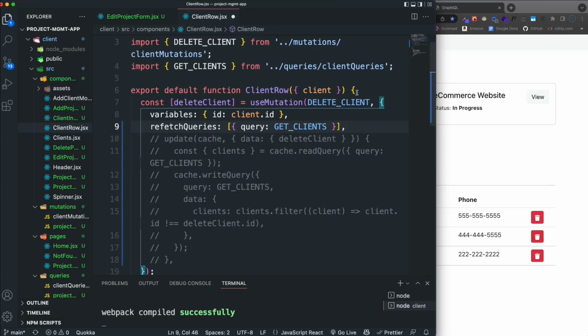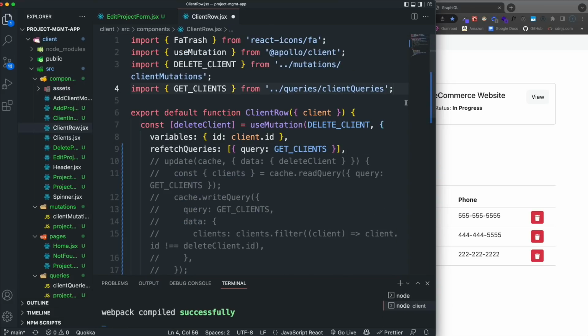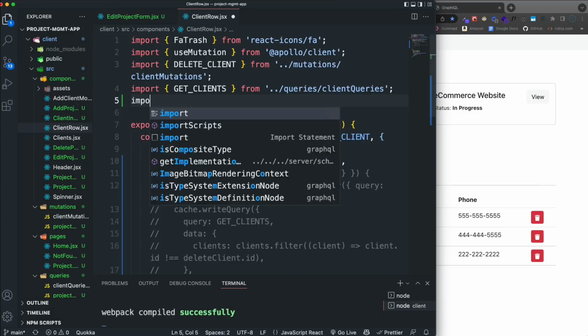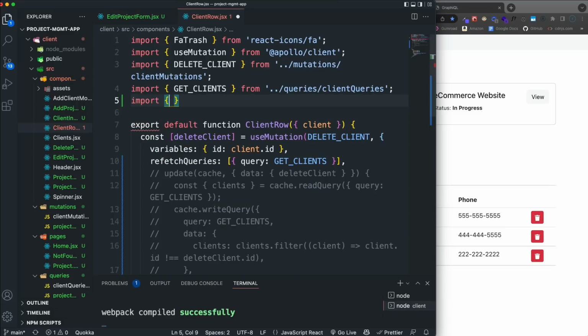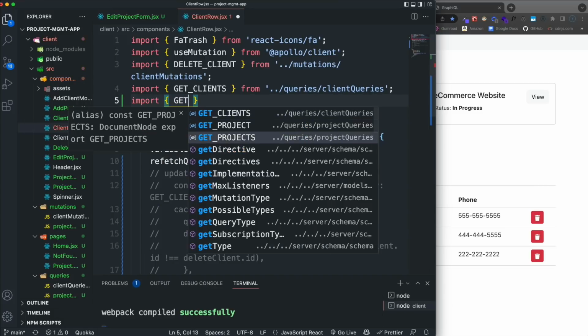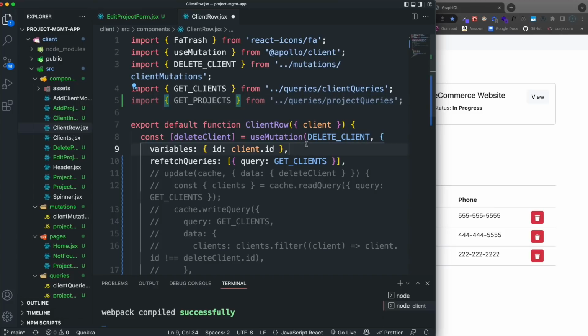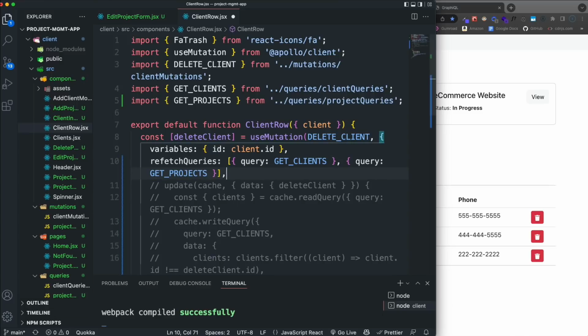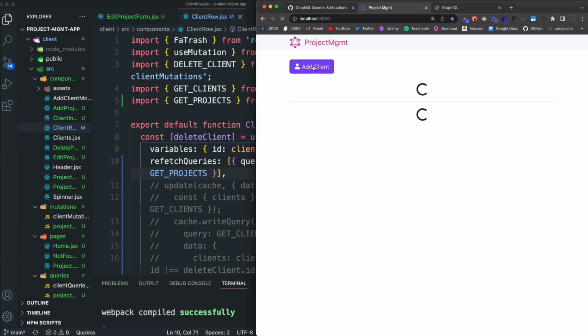So I want to do that, but I also want to bring in get projects, because we want that to update. So let's say import get projects, and then in the refetch queries we can just add another. We'll put a comma right here, and we can just add query get projects, so it'll call both of those. All right, so let's save that,